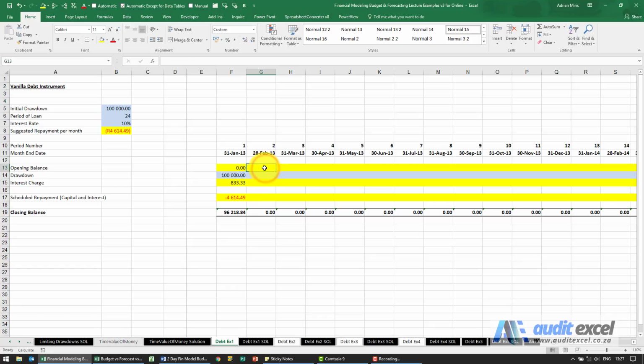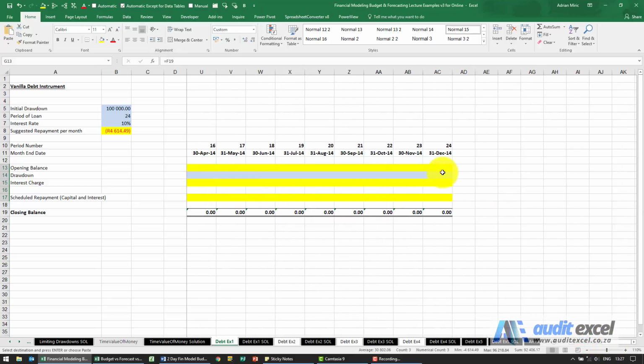The opening balance, we know for buckets we need to say equals to that one there. Be careful here, you can't copy that because remember we only draw it down once, and that's why it's in blue, it's an input. I'm just going to highlight these two, put them here so it does the calculation. And now I can highlight all of those,